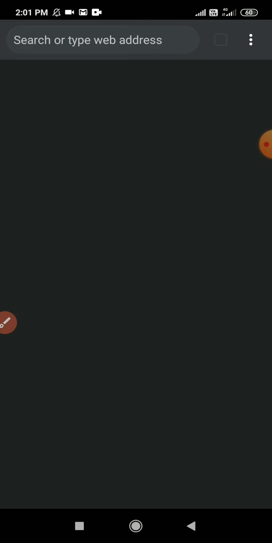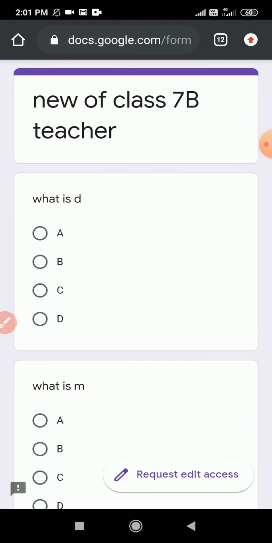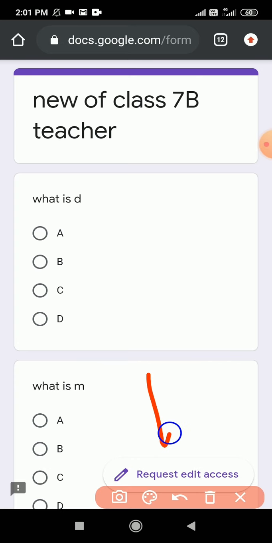After clicking on Chrome, this page will appear, and you can see on the screen it is written request edit access. So you have to click on request edit access. You can see here on the screen. So click on it.